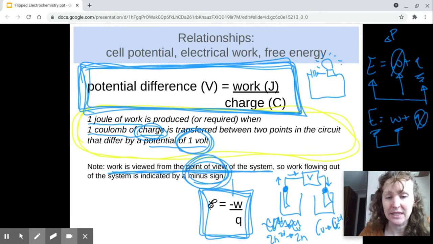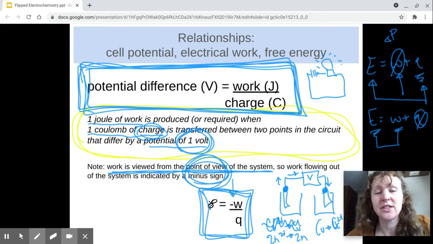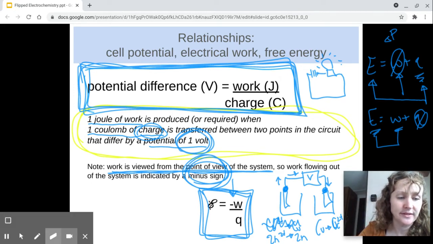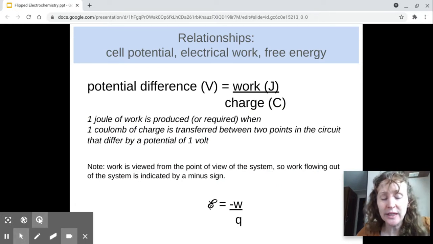So notice there's a minus sign in this equation, and it's just, again, just like in the thermodynamic quantities that we talked about. Again, that minus sign is just talking about the direction of work. Is work being done on the system by the surroundings? Is work being done on the surroundings by the system, right? So that minus sign is only to indicate the direction of work being done. Okay, so knowing this equation,